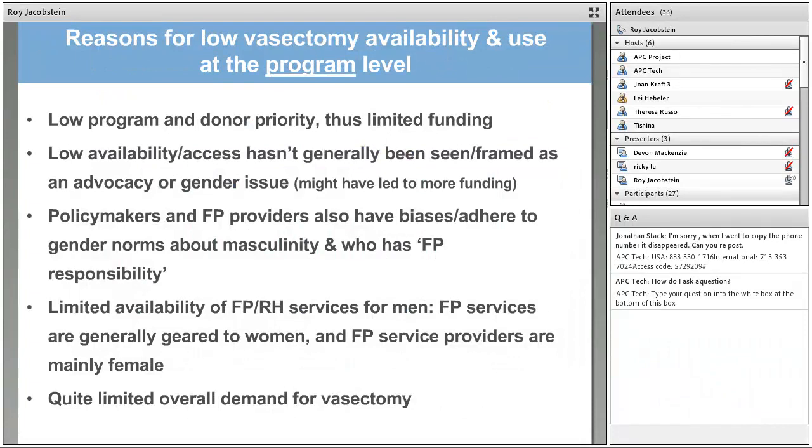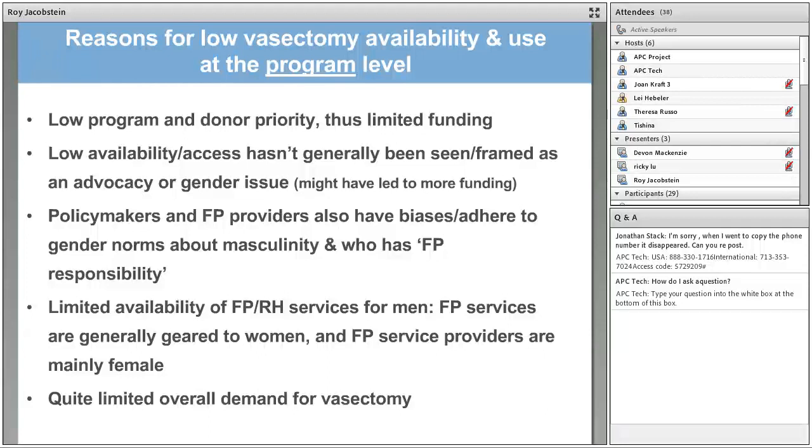There are a number of reasons that the availability and use of vasectomy is so low. It's had a low program and donor priority, so limited funding. It generally has not been seen or framed as an advocacy or a gender issue, which arguably might have led to more funding. It was seen often as a technical issue, with little attention to meeting the needs of limiters. But the idea that there are very few male methods and this needs a lot of advocacy was